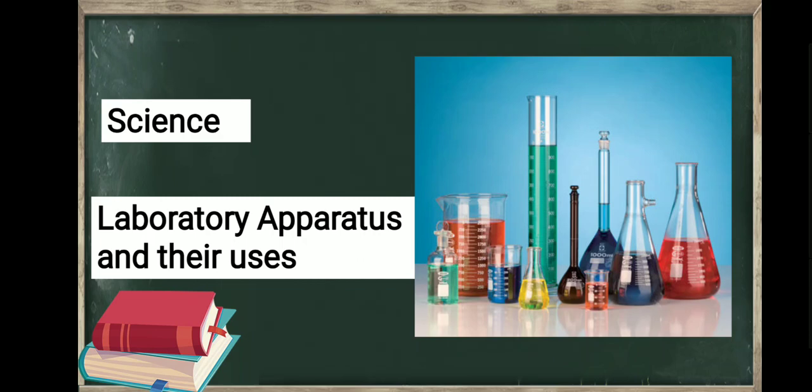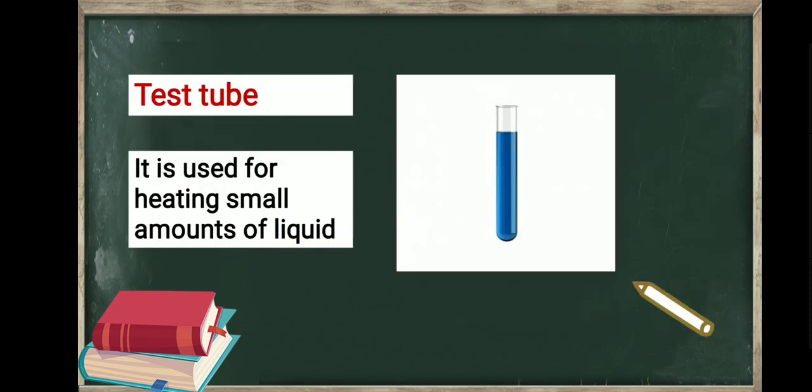Today the topic that we are going to have is about laboratory apparatus and their uses. Now you all have to perform the experiments in the laboratory, so you must have the knowledge about the laboratory apparatus and how they are used in the laboratory. The first laboratory apparatus over here is the test tube, and it is used for heating small